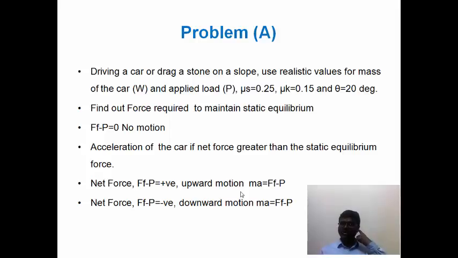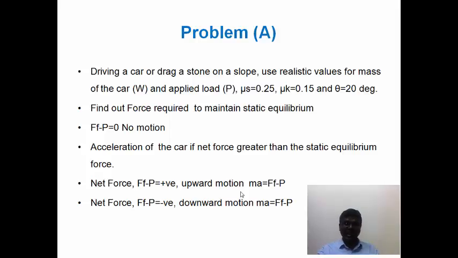That is from the basics of Newton's second law, mass times acceleration is called net force. So whether it is upward motion or downward motion, you can understand that, depending on the realistic values you give. Whether you drive up the slope or you slip downwards. So it is all about if the brake fails, then it is the case of downward motion,